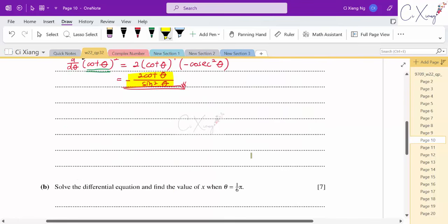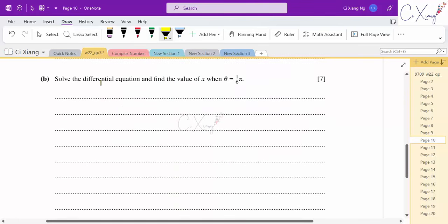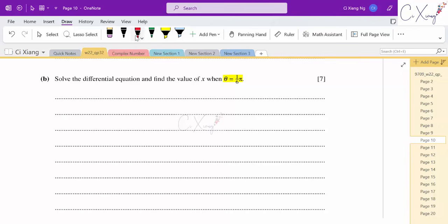All right. Okay, then let's proceed to part number B. They want to solve the differential equation and find the value of x when theta is pi over 6. Okay, so first, of course, we need to solve the differential equation. The original differential equation looks something like this. I'm having x sine square theta dx d theta equals tangent square theta